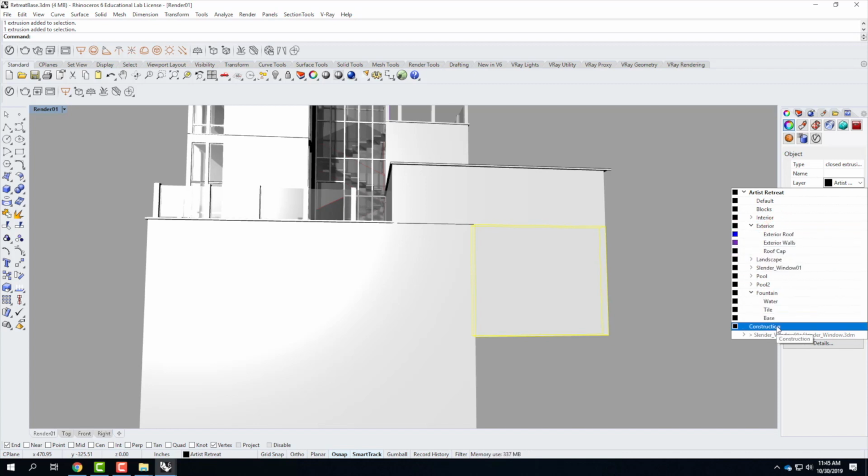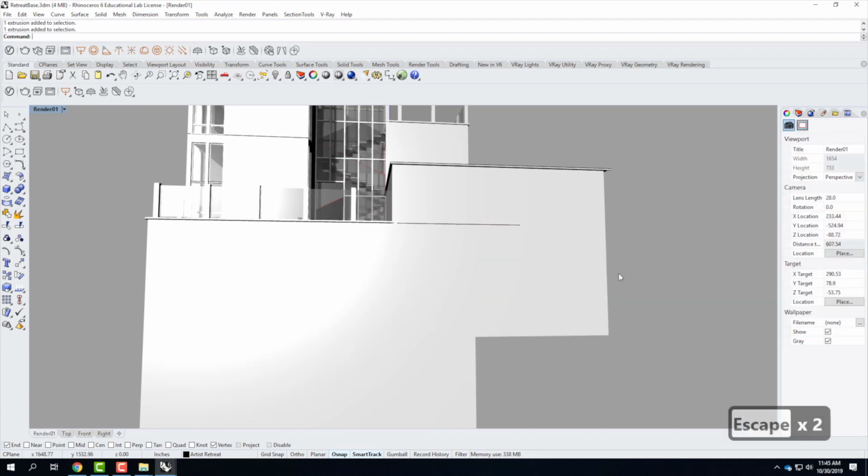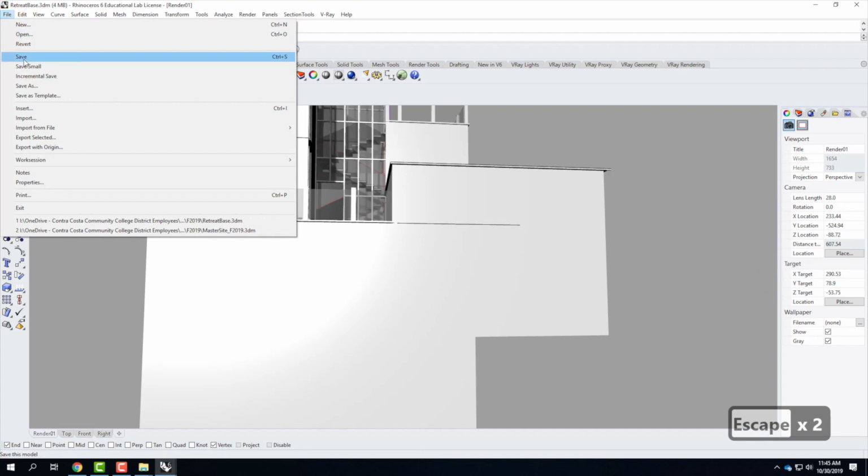I should spend a little bit of time going through and organizing this file. I can't seem to find the exterior concrete wall layer. There it is. Okay, so now that's on the same layer, which ultimately means it'll have the same material applied to it. I will save this,